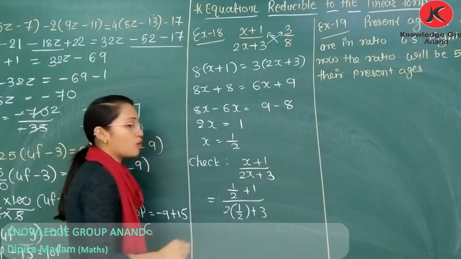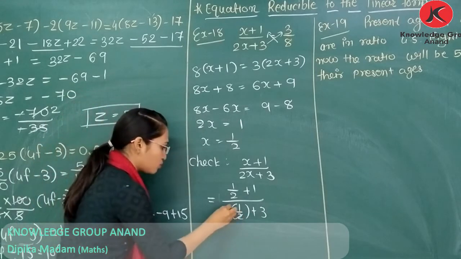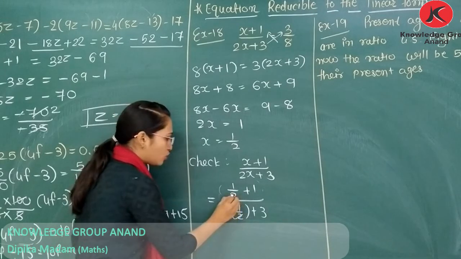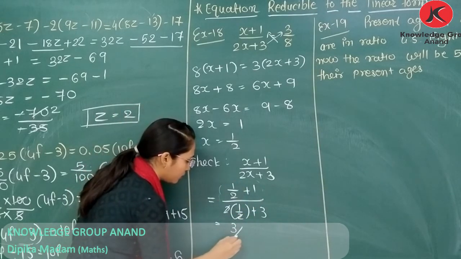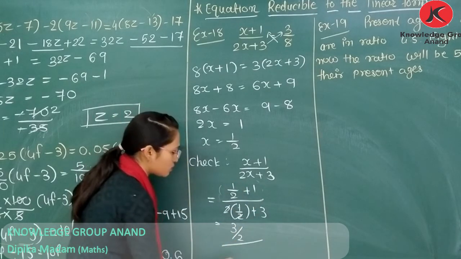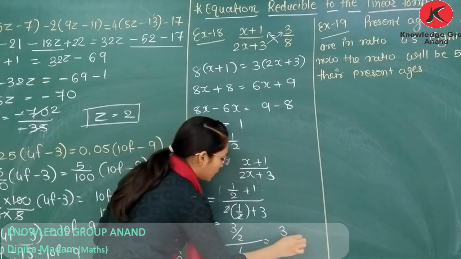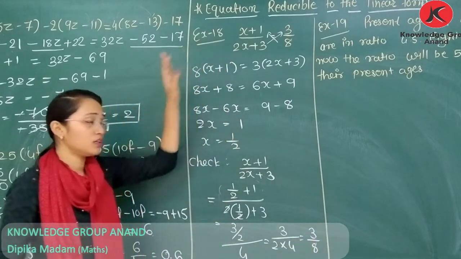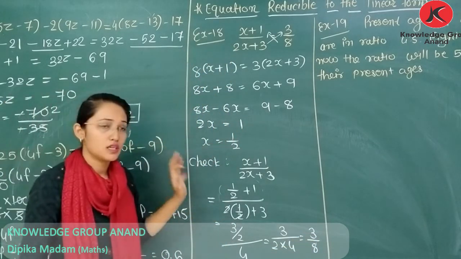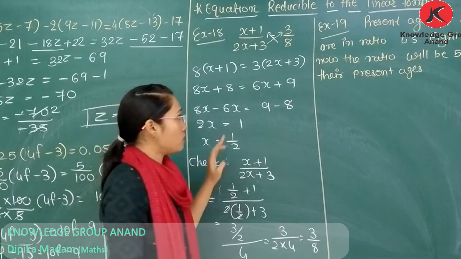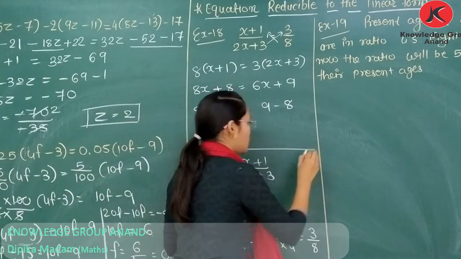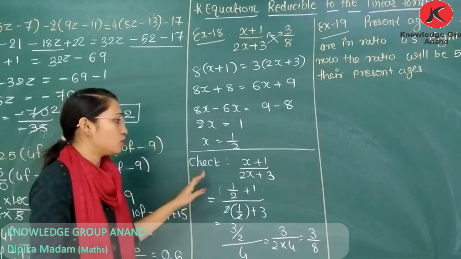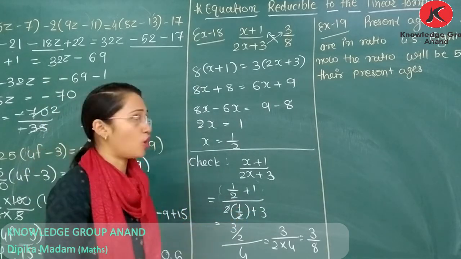બધા જ એક્ઝામ્પલમાં તમે આવું ચેક કરી શકો. So 2 2 cancel. Here you need to take LCM. 1 by 2 plus 1. 2 1s are 2 plus 1, 3 by 2. And here in the denominator 1 plus 1, that is 4. It becomes 3. 2 into 4, 3 by 8. So you get the right answer. So your answer is correct. Okay. Now next, here I only check for the first example. You can perform the check in rough work to see whether your answer is correct or not.